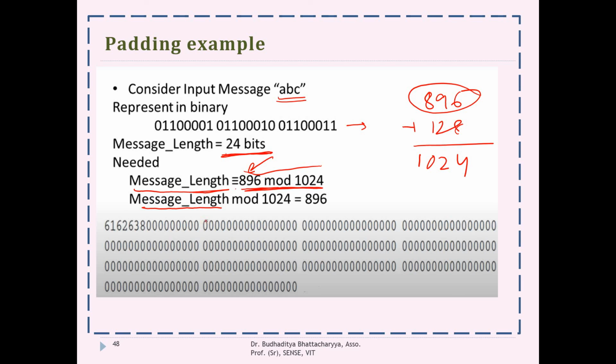Can you understand what I mean? Total message is 1024, out of which 128 will definitely be there. So the rest, 896, should be the portion of original message plus padding. So that is what is mentioned over here. That's why the message length, meaning the original plus the padding, should be congruent to 896 mod 1024. Because mod 1024, that's the maximum. Now if you observe over here,